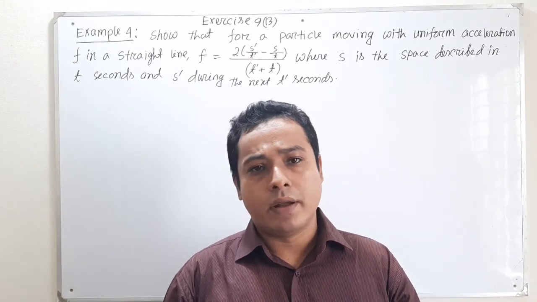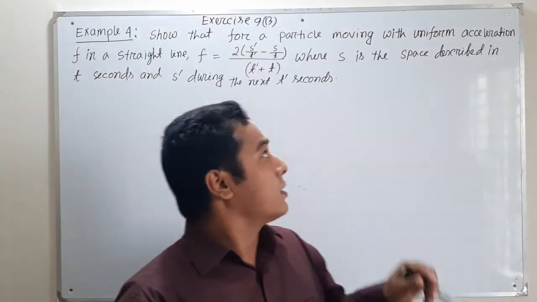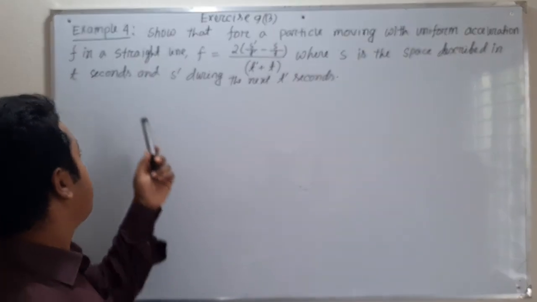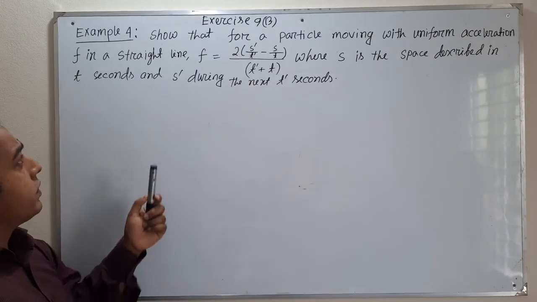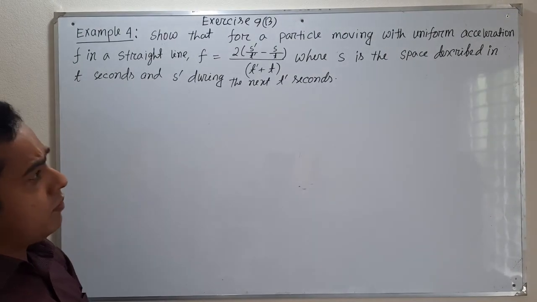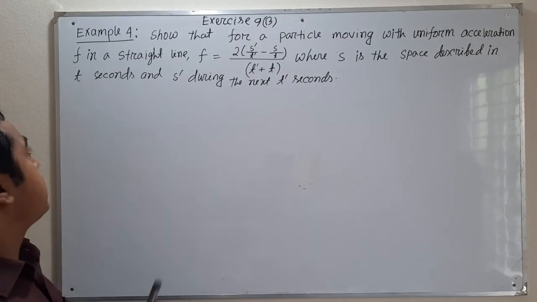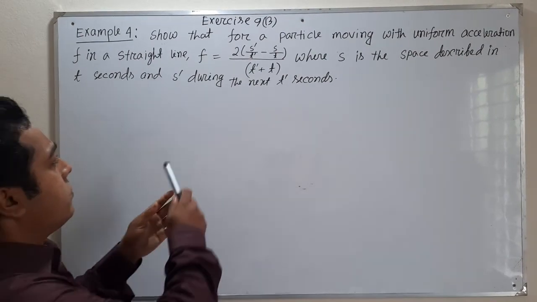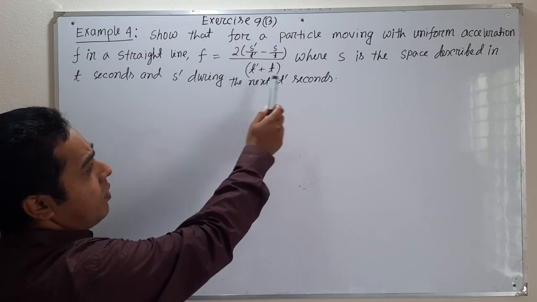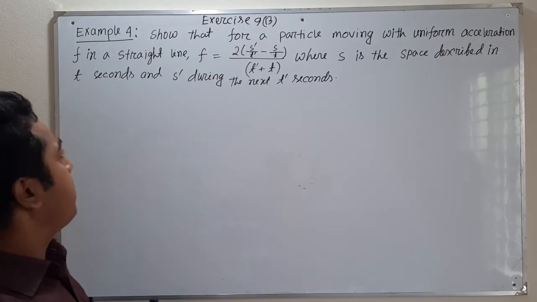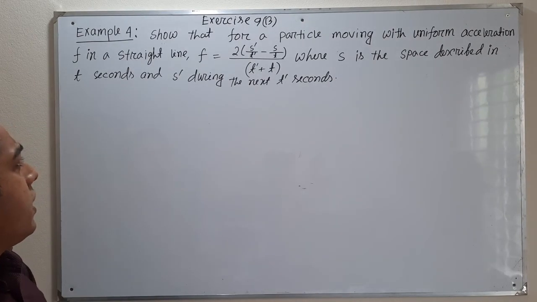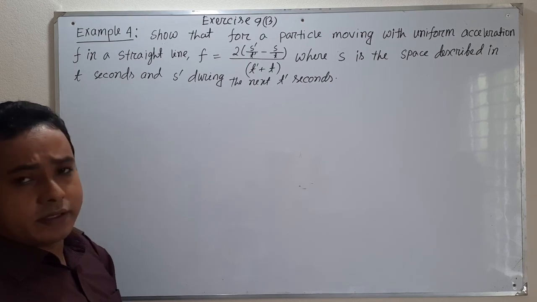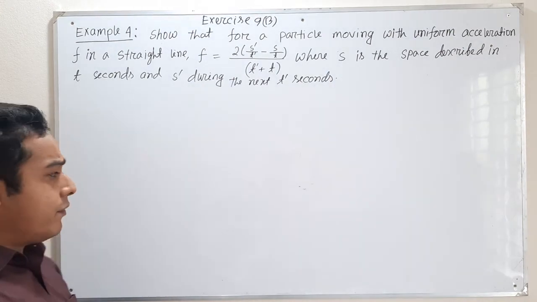Okay, this is our second lecture of exercise 9b. Today we want to discuss example 4. We have to prove that for a particle moving with uniform acceleration f in a straight line, f is equal to this, where s is the space described in t seconds and s prime during the next t prime seconds. At first we want to